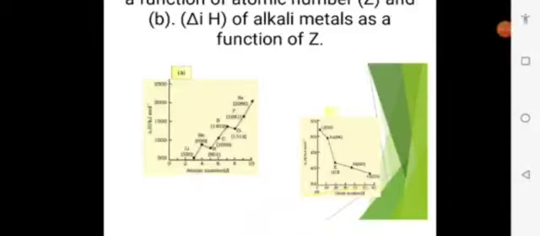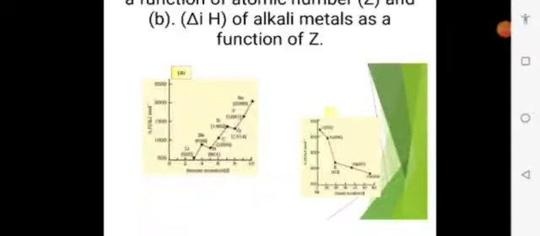So we can see easily the ionization enthalpies by the NCERT graph. Now this is the ionization enthalpy graph. We can see easily in the first graph, A, lithium to beryllium it increases, but beryllium to boron it decreases, because beryllium has a stable electronic configuration. It also increases through carbon, nitrogen, oxygen, but from nitrogen to oxygen it decreases because nitrogen has a half-filled, stable electronic configuration.